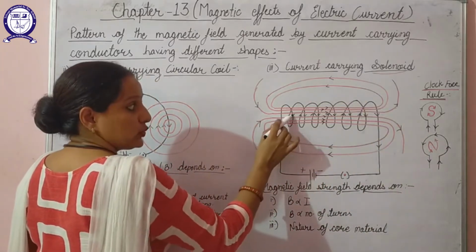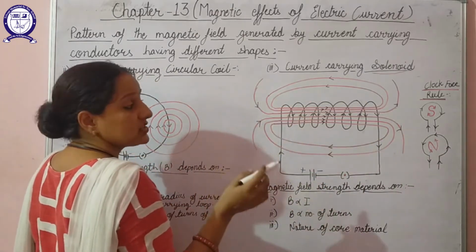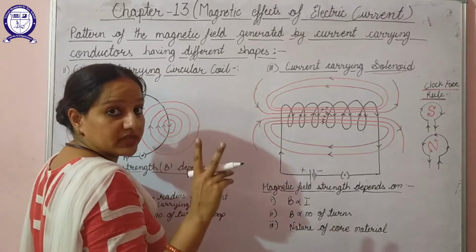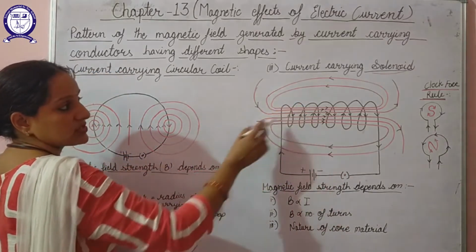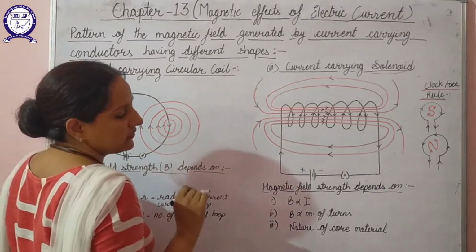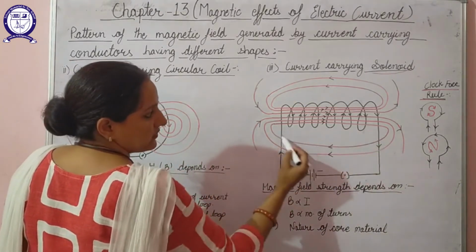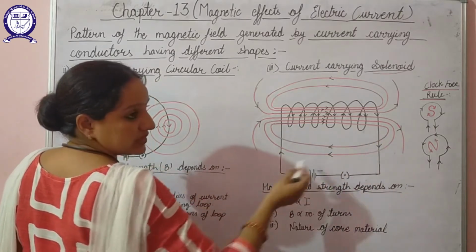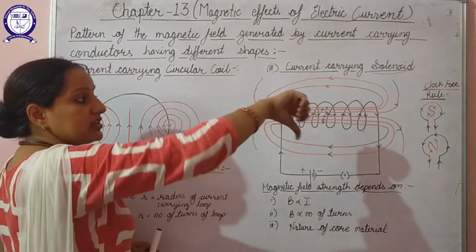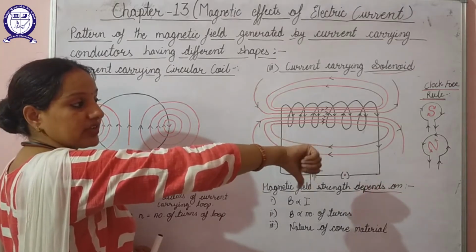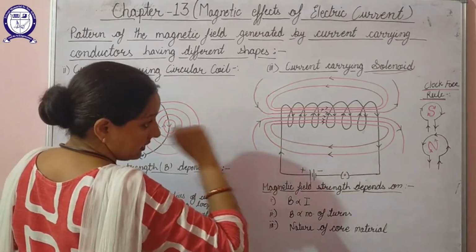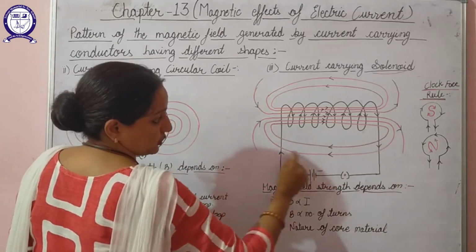So here also two different directions of current are there. So again we will draw two loops here. One corresponding to the downward direction of the current and the other corresponding to the upward direction of current. So this loop I have drawn here corresponding to the downward direction of the current. According to Maxwell's right hand thumb rule, if the direction of current is downward, the fingers are aligning in clockwise direction. So that I have shown here.